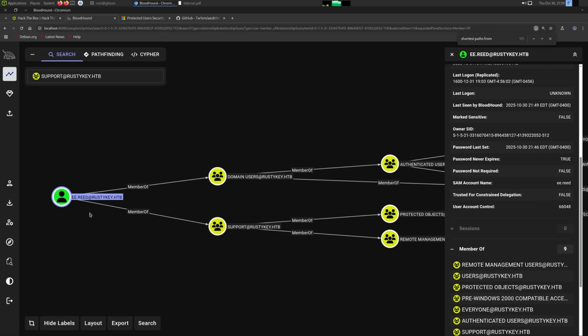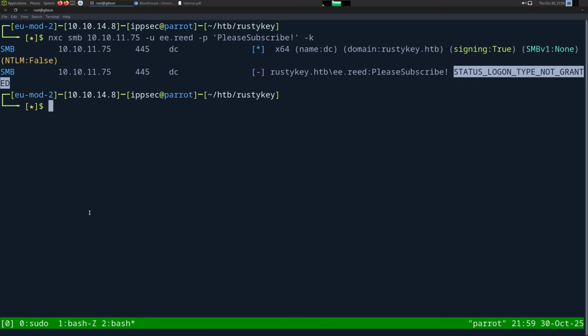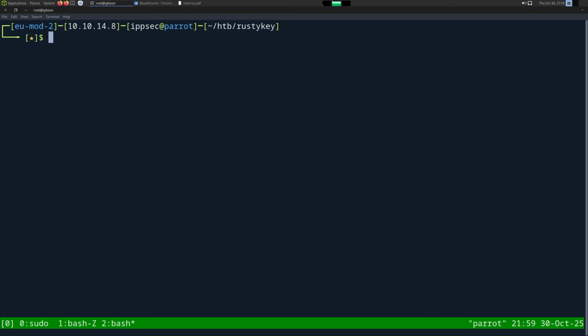from doing WinRM. However, since we have a shell as BB.MORGAN, we can upload RunasCs and then switch over to this user with a local user context. So that's what we're going to do. If I remember, I'll show looking at secedit to look at this SeDenyRemoteInteractiveLogonRight for the specific user. But let's go ahead and go back to